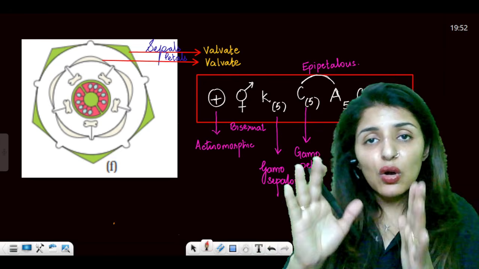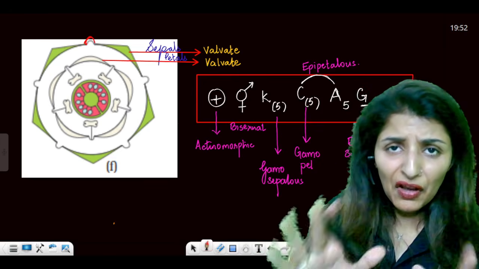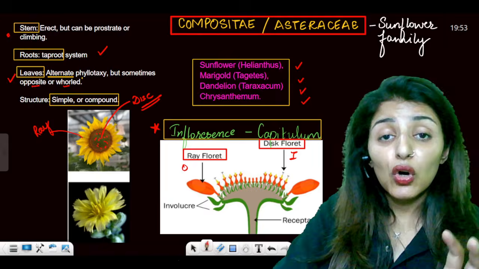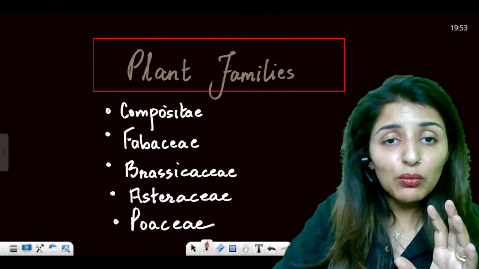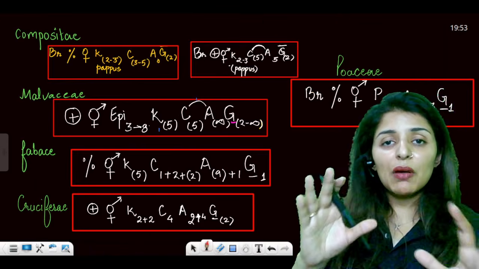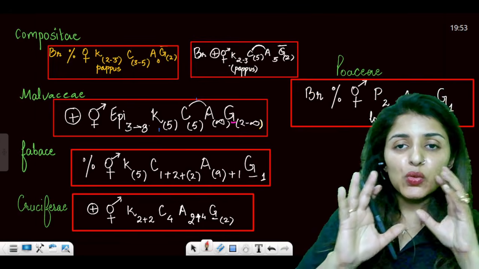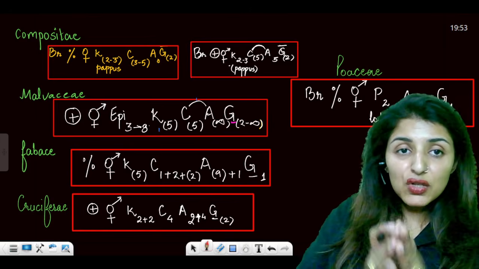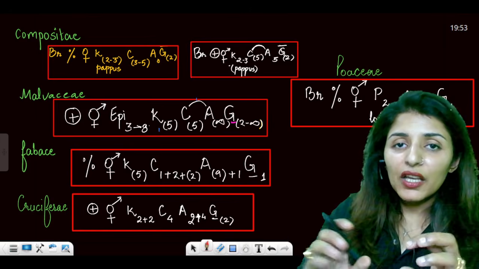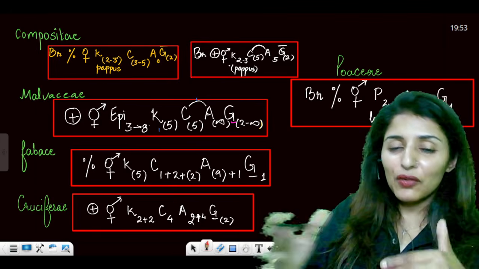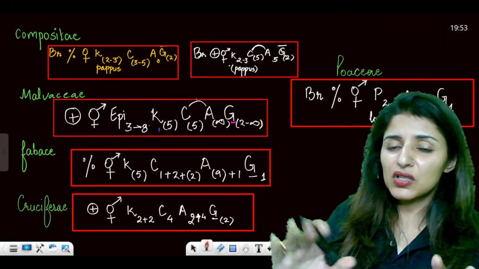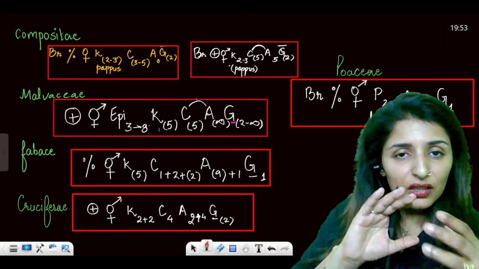So guys, with this, all the families, and majorly the 5 families that have been given in your syllabus, are done. So make sure, if nothing else, I'm trying to make things easy for you. Just remember this one page in which we have summarized all the floral formulae. If you remember all these floral formulae, you are still good to go. But if you can go through the whole and revise, remember just the superficial features, you'll be all thorough with it.